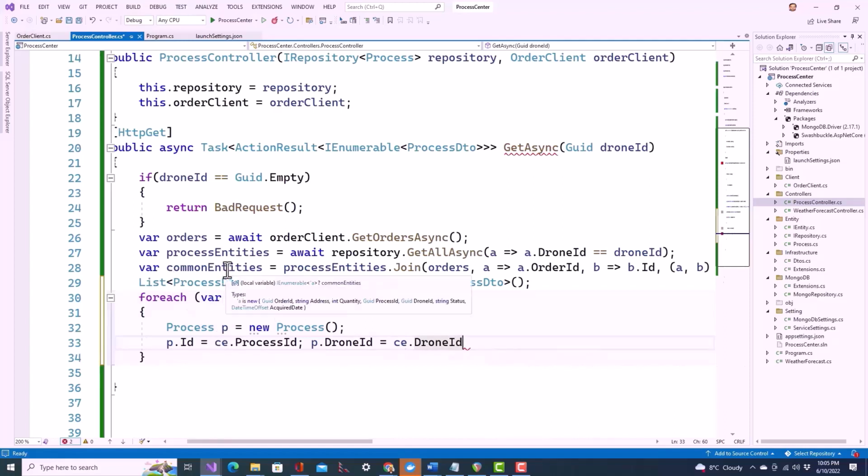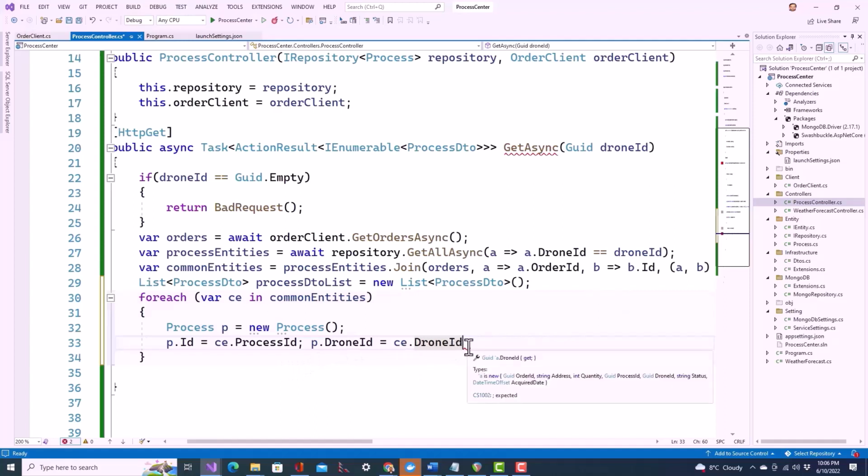This common entity has come up as a consequence of joining the process entities with the orders, okay, on these criteria, where A goes to A dot order ID and B is B dot ID, okay. So on the ID columns they are joined. So P dot ID equals common entity dot process ID, process dot drone ID equals common entity dot drone ID,